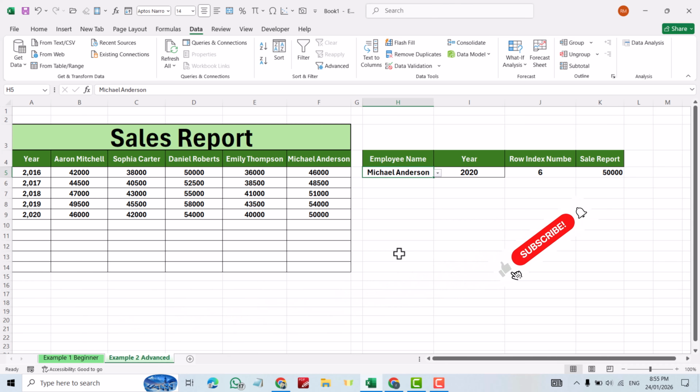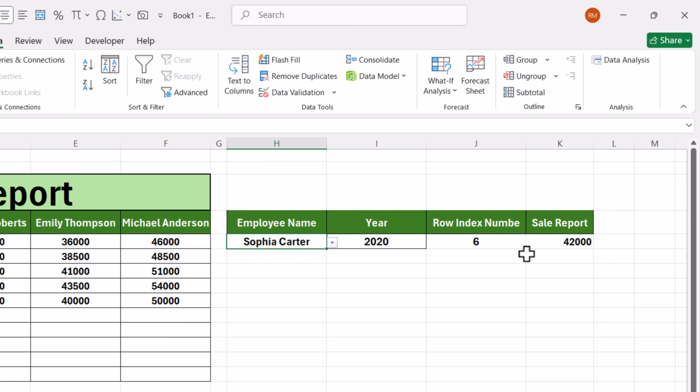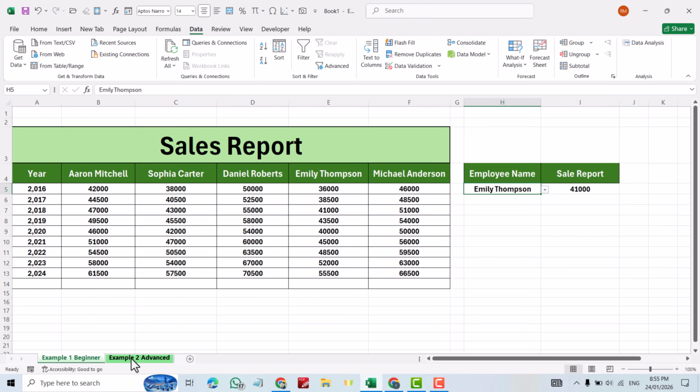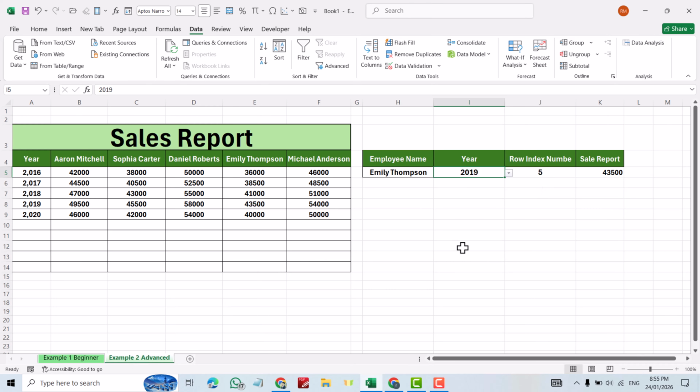Hi everyone, today I'm going to show you how we can use HLOOKUP in Microsoft Excel to create a fully automated sales report. As you see here, for example, I want to find the sales report for any employee. This one automatically changes. No need to add data manually for any employee, or here for any year. Directly all data updates itself. Also, I start with a beginner example, then go to an advanced example. Watch to the end. Let's get